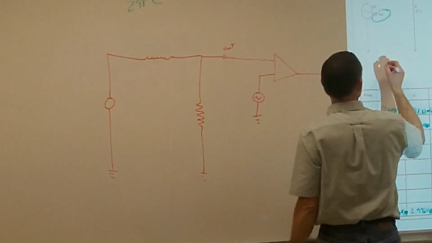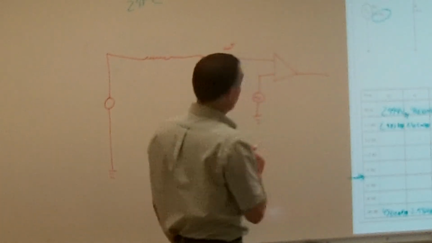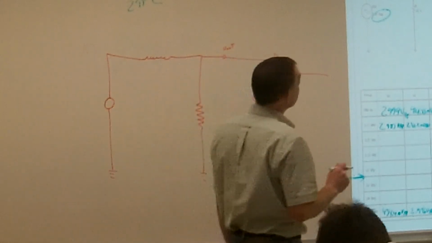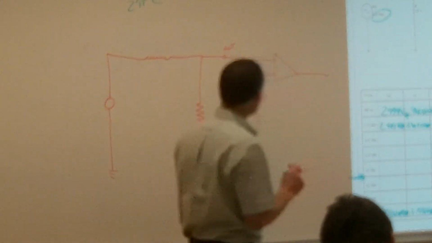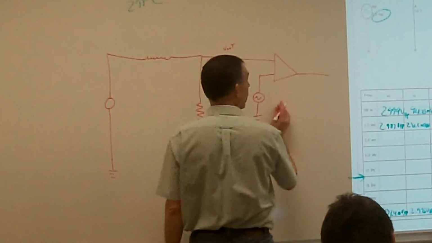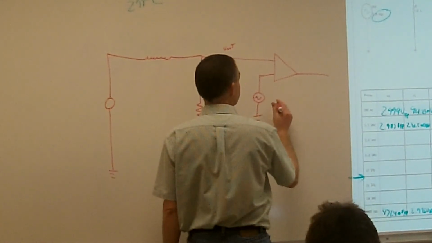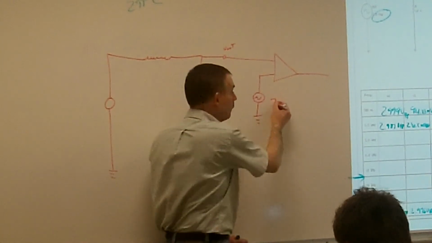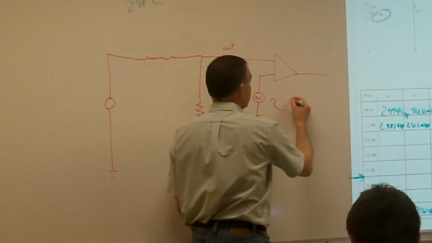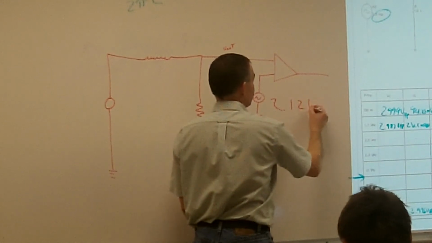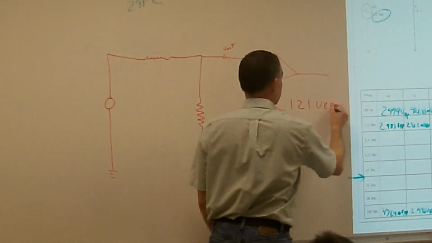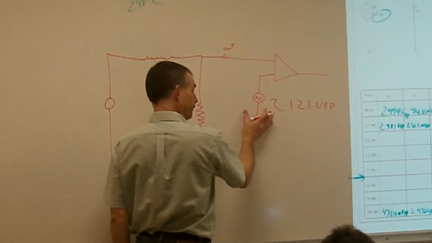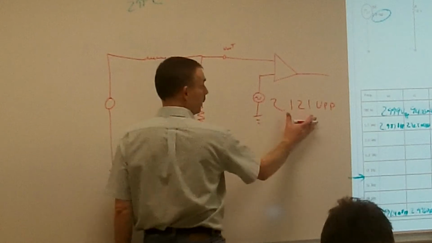So if I have my 3 volts, what's 0.707 times my 3 volts peak to peak? 2.121 volts. Yeah, one more time. 2.121. Volts peak to peak. So that's 70% of my voltage source. So what I'm going to do is set up a reference voltage of 2.121 volts peak to